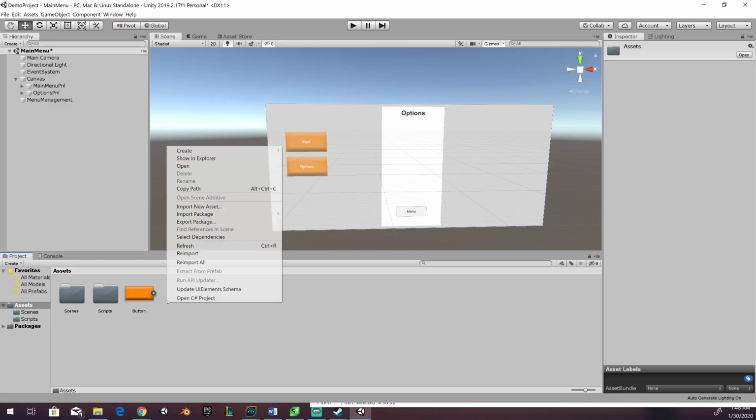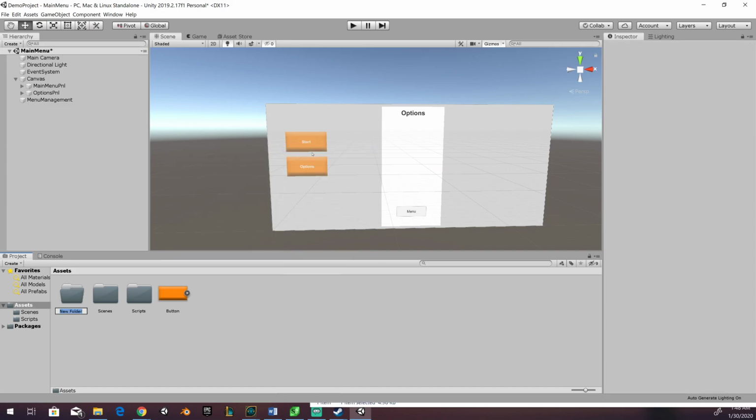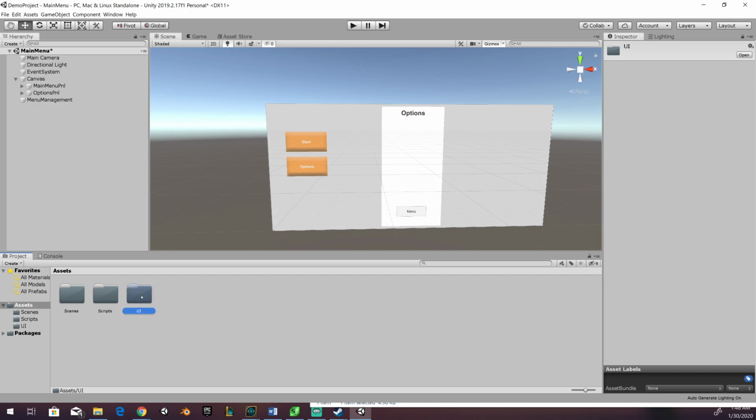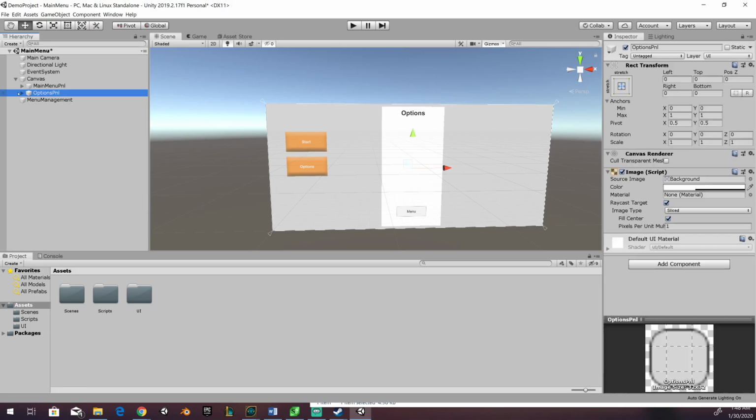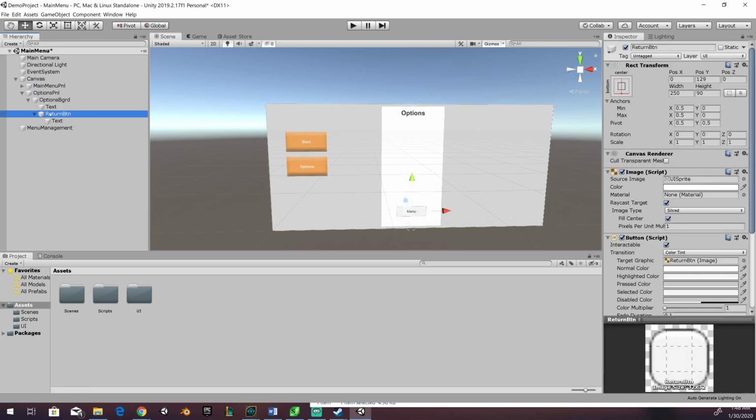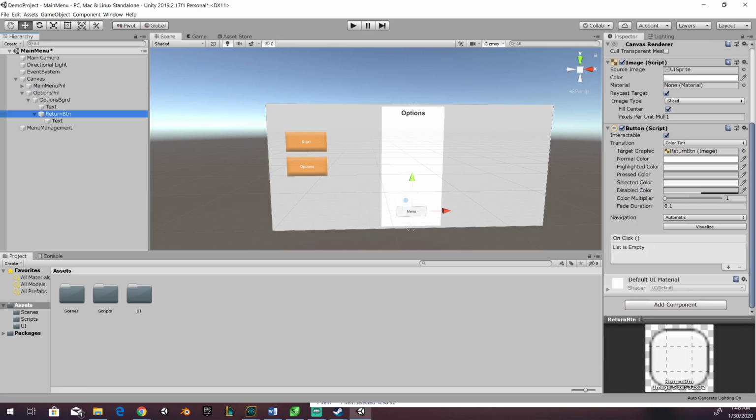So we're also going to, bad habit is to not make something for, say, our UI. We're going to put our little button under UI. And what our return button is going to do is